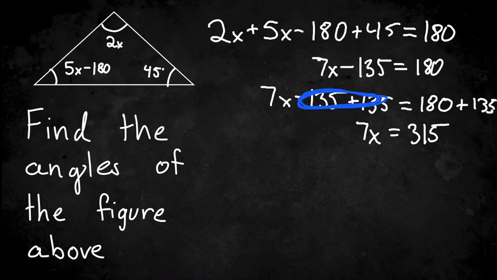315. Now we are going to do another inverse operation, and since we multiplied 7 by x, we are going to divide both sides by 7. So that would be 7x over 7 equals 315 over 7. 315 divided by 7 is